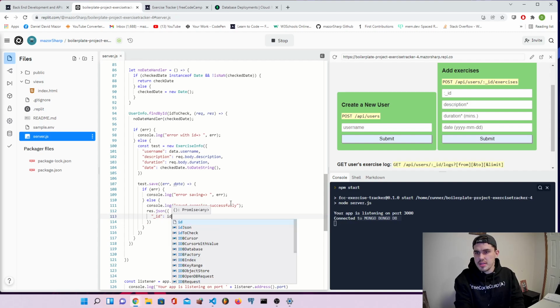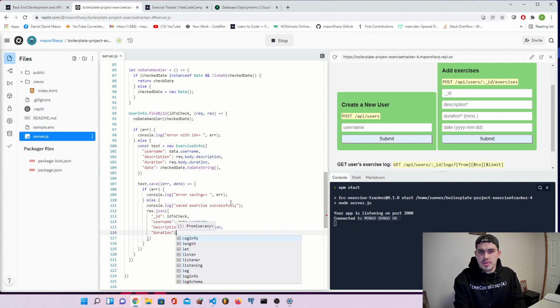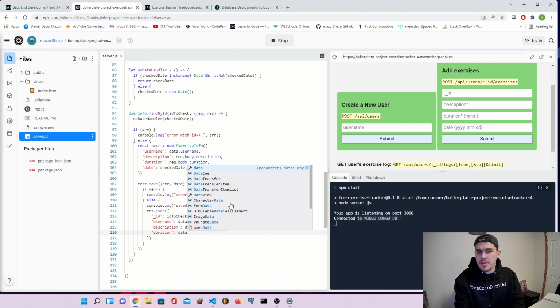So ID to check, and username, get from data, name, description, data, description, the duration, data, duration,